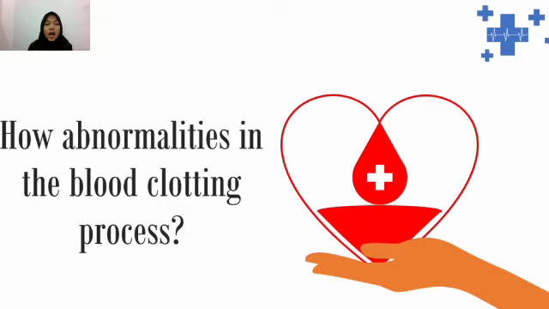Next slide, abnormalities in the blood clotting process. If the blood clotting process is abnormal, excessive bleeding can occur or vice versa. Too much blood clotting can interfere with blood circulation. This condition is called thick blood. If there are complaints such as easy bruising, bleeding that is difficult to stop when there is an injury, frequent nosebleeds, or bruising in the joints,